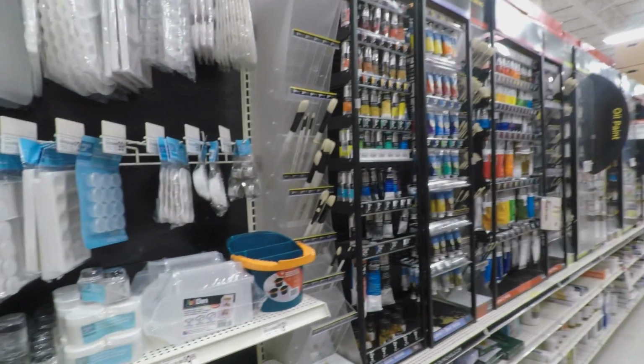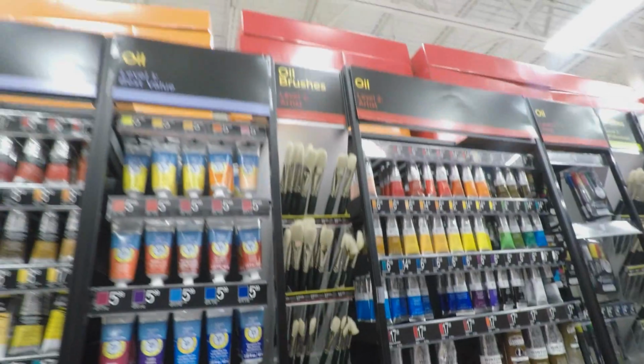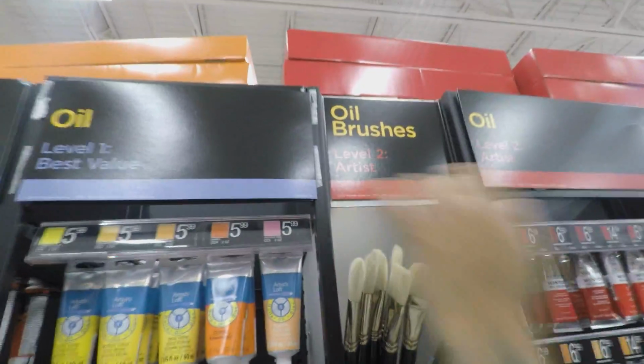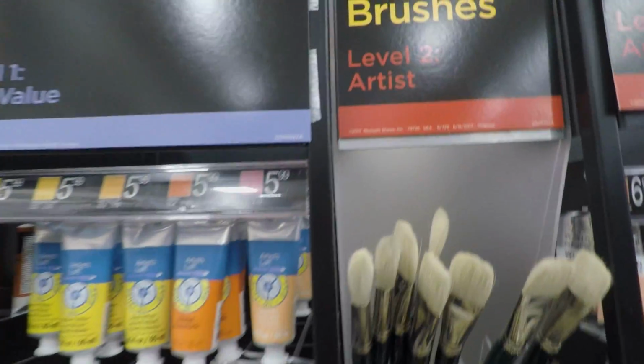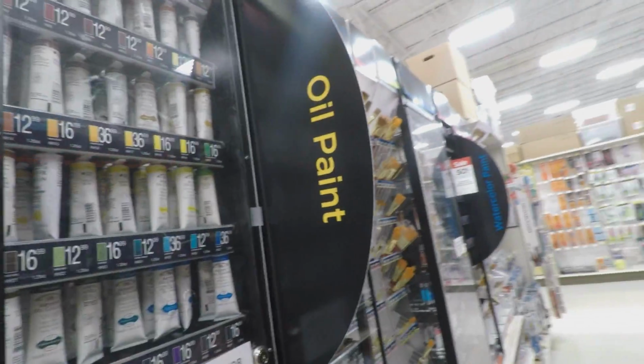They have some brushes. Oh, they even have more brushes over here. They have them categorized for what they're used for, so I kind of like this a little bit better. They have recommendations of what they should be using. As you can see, they have level 2 art brushes, meaning that they're of higher quality. All these oil paints, all these markers, turpentine or turpenoid,